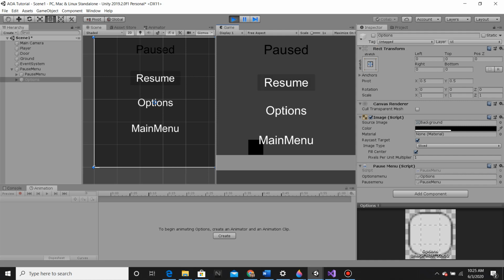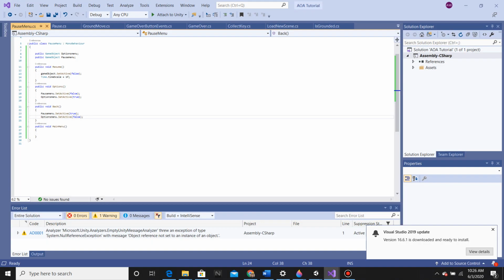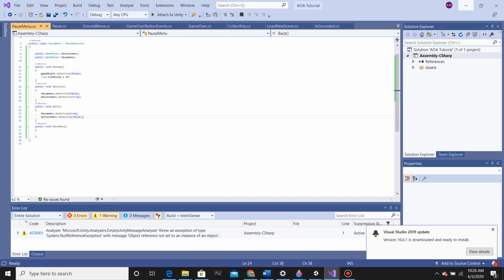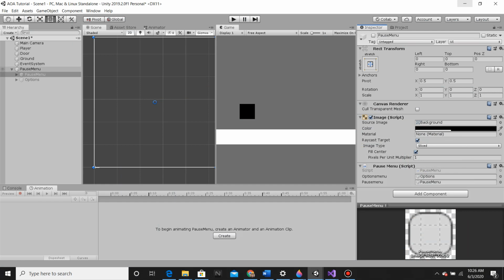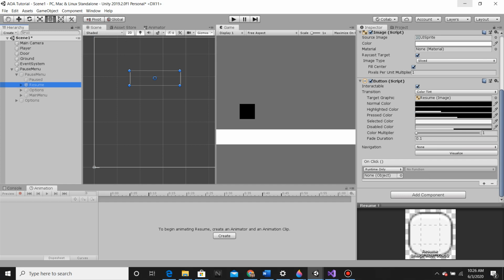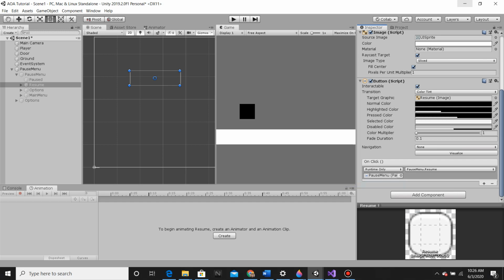Escape will set up this, resume, doesn't do anything now. Well, it should disable this game object. That's why, because I need to reset up the on-click event. So I need it to be the main menu. Pause menu, I need it to be resume. So now if I click play,